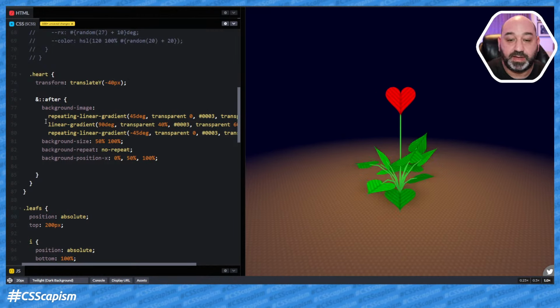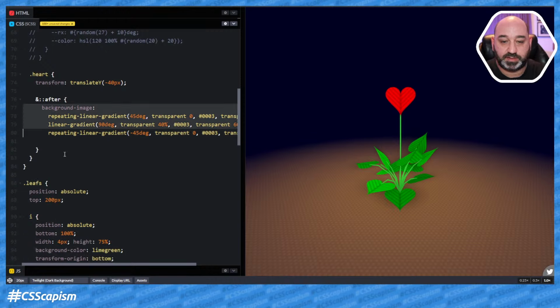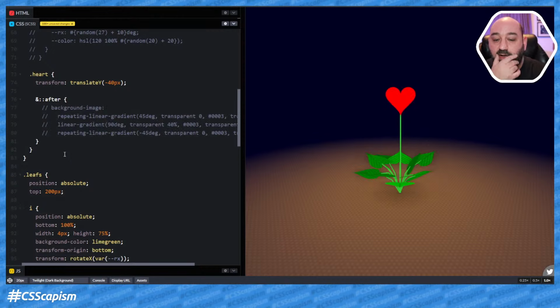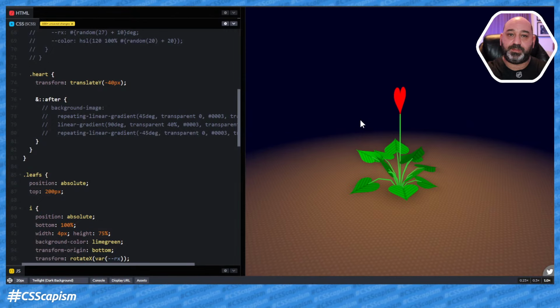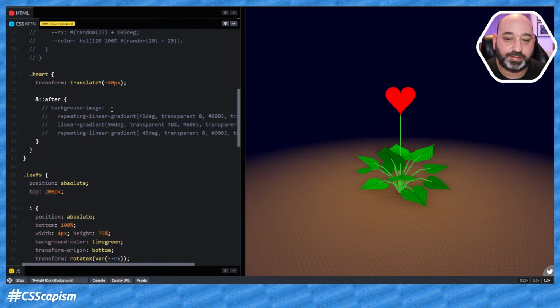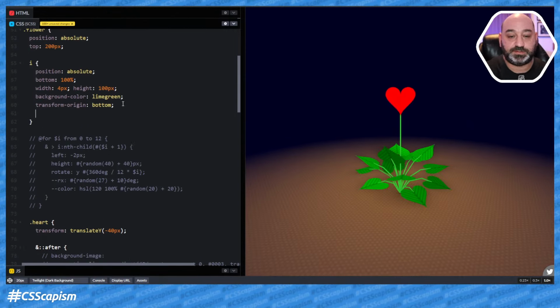Yeah, that looks better. And we don't need all of this, but we are going to add a different background image in a second. Yeah, okay, so this is the basic flower, and as I said, I wanted to have an animation that swings back and forth. So let's come here to the eye. We're going to put an animation of